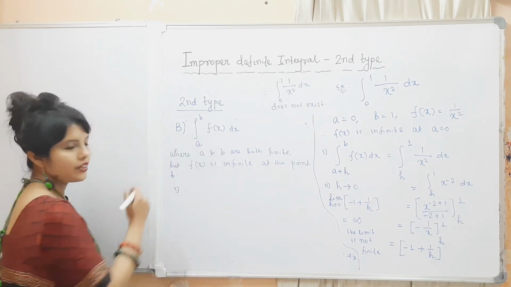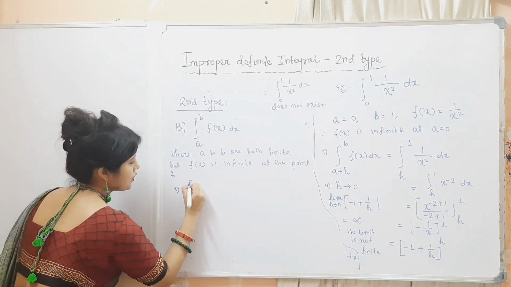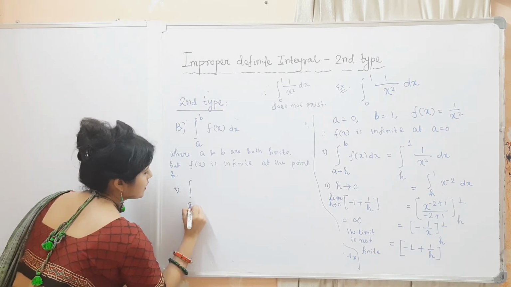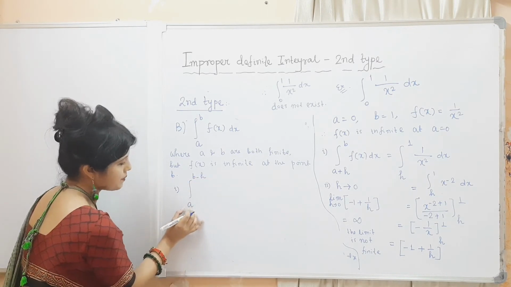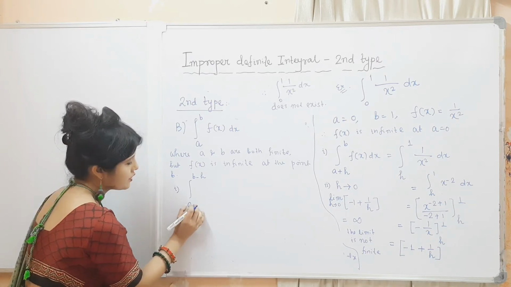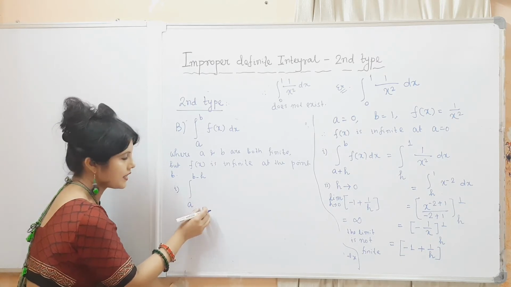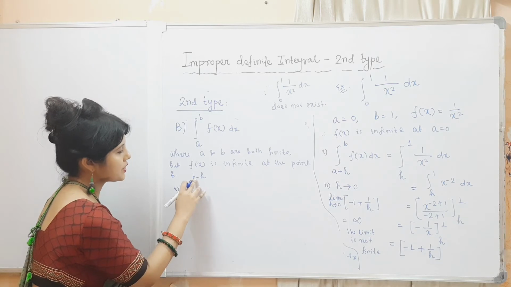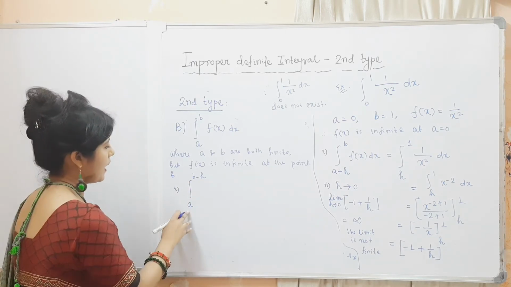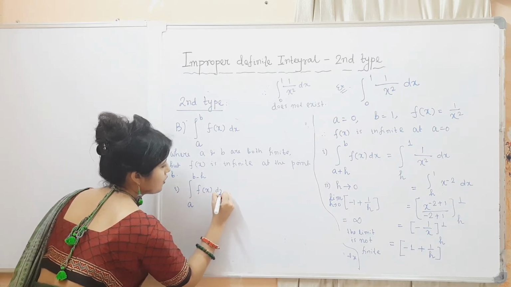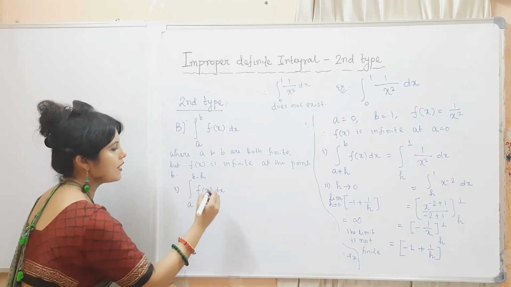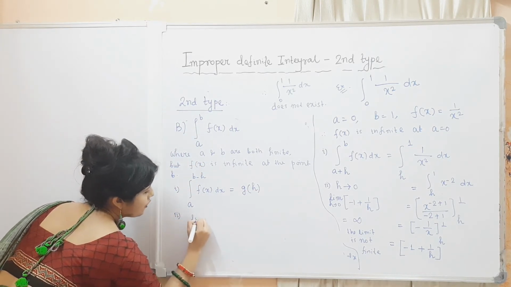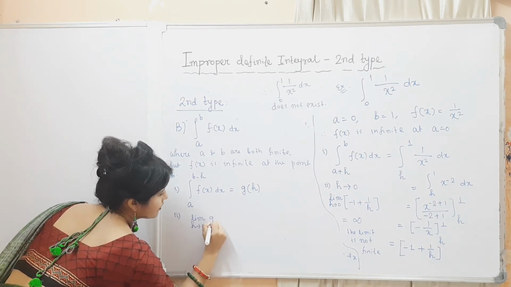Then how can you solve this kind of integration? You have to introduce some h, just like the before case. Earlier it was a plus h, because a was the lower limit. Now, since h is a positive number and b is the upper limit, the limit should be b minus h. So the integral from a to b minus h of f of x dx. First you have to compute this, and that should be some function of h. And in the second step you have to take the limiting value of this one.